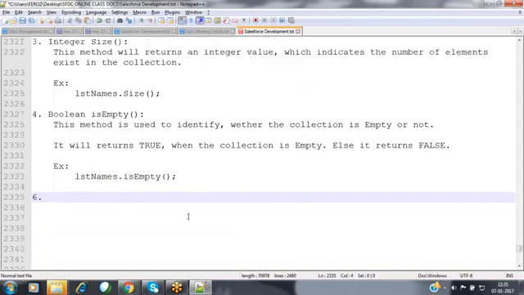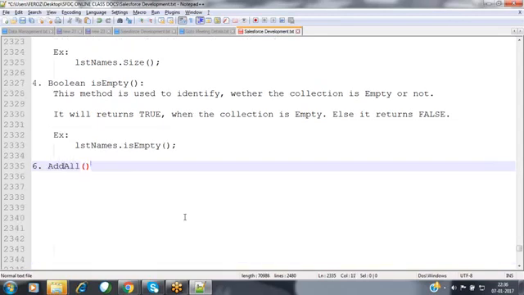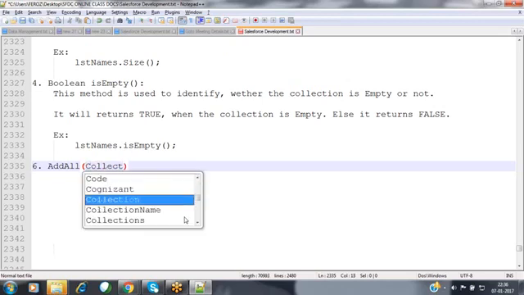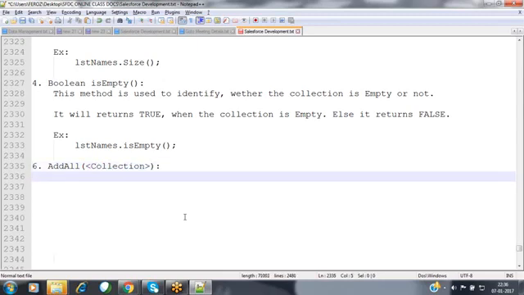And the next method is addAll. Here we can specify the collection name. As of now, we have added each and every element separately, one by one. But assume that I already have a collection of elements available.